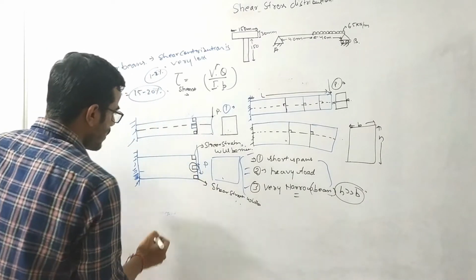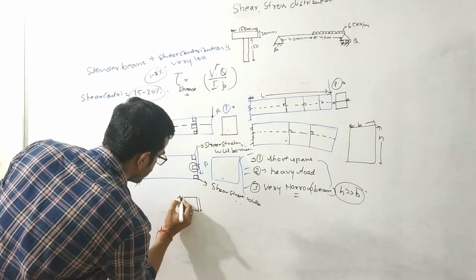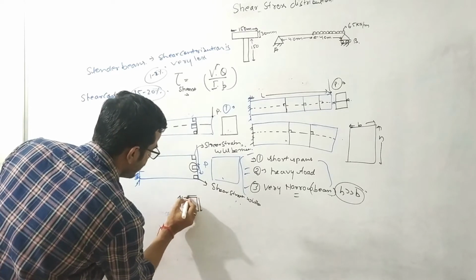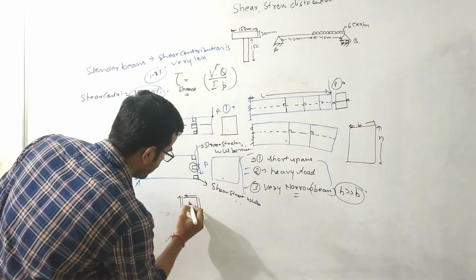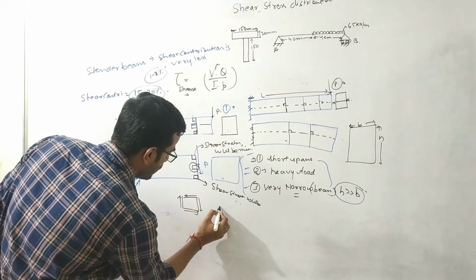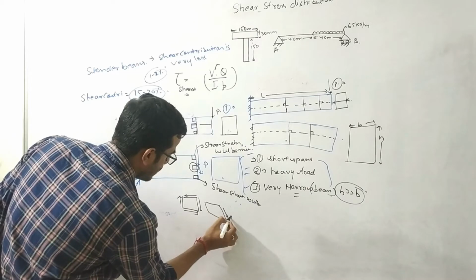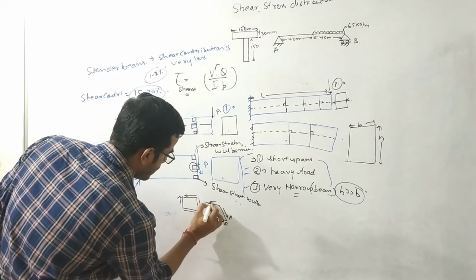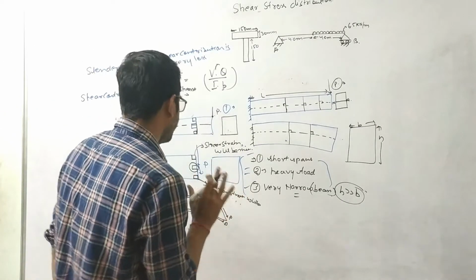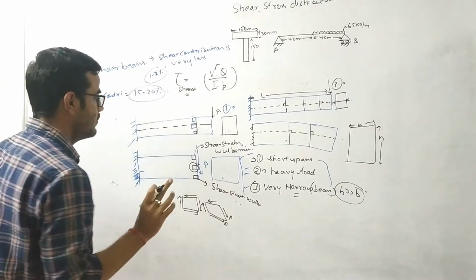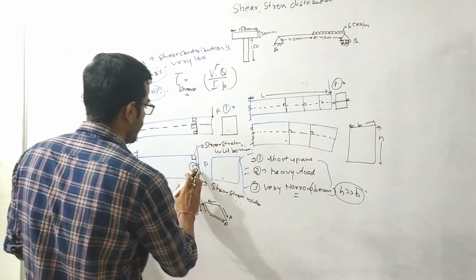If I draw this element over here, this is my shear force P. To balance this force, one shear force will be like this. Now the complementary shear stress will be there, and it will look like this. So there are chances that this element will deform like this. When the shear forces are dominant and the shear contribution is more, then the shear deformation will also be more.